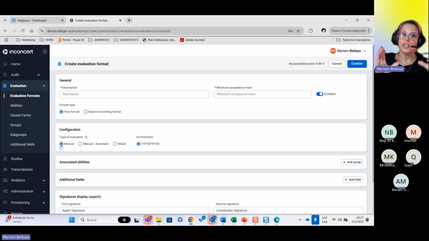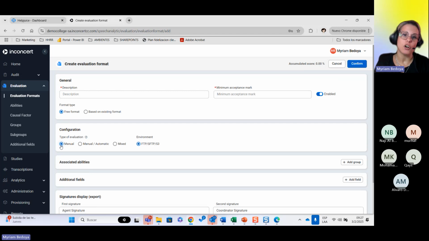When you save that evaluation plan, you put in the number of audits, the script you're going to use, and the way you're going to receive them, say 50. When you do that, the human auditor will receive those tasks to complete in their